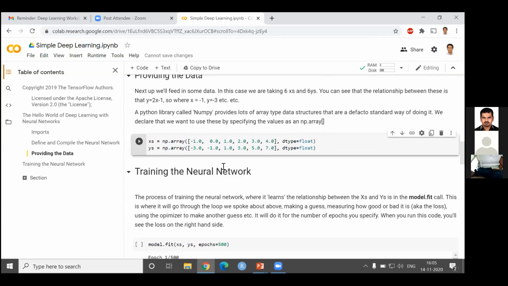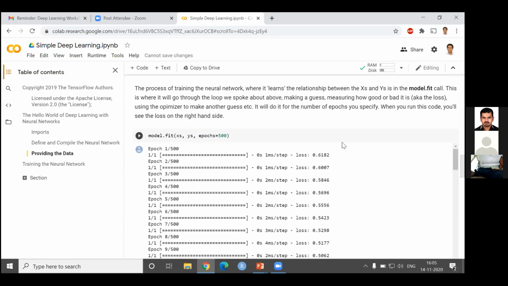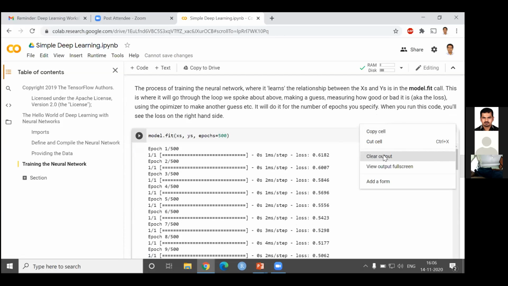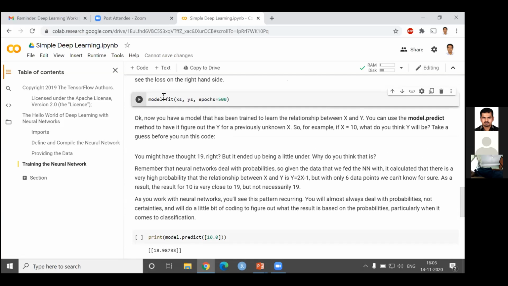Okay, so now let me train the neural network. I will clear this output, and then train this. For training, I said model.fit.